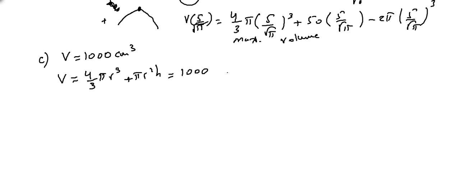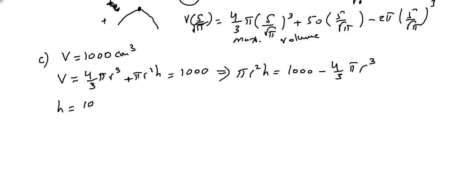Now we can find h in terms of r. So pi r squared h equals 1000 minus 4 over 3 pi r cubed. Let me multiply by 3 on all sides, or we can directly say that h is equal to 1000